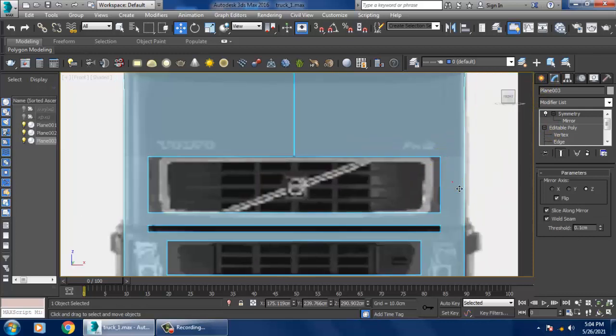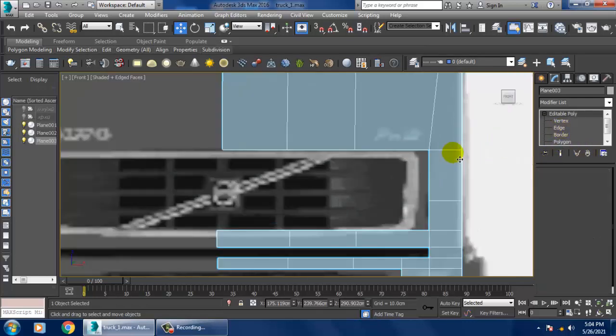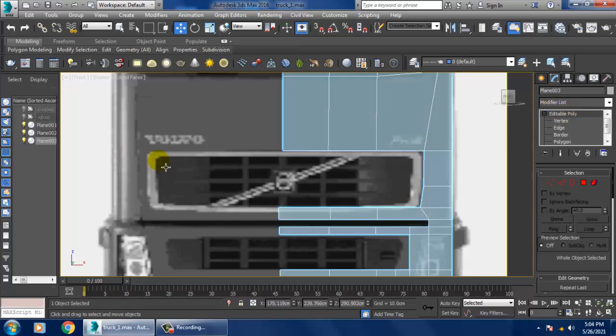I can delete this symmetry part for now. I can slightly shuffle this a bit over here and let's create this part.